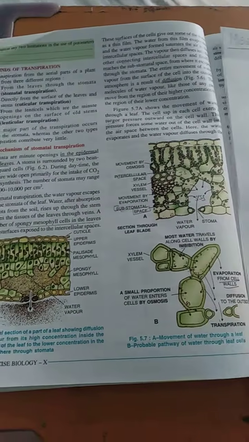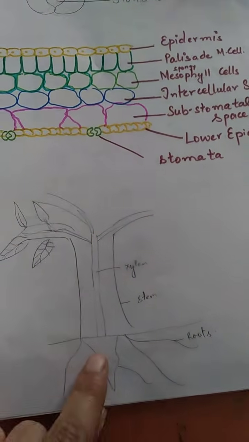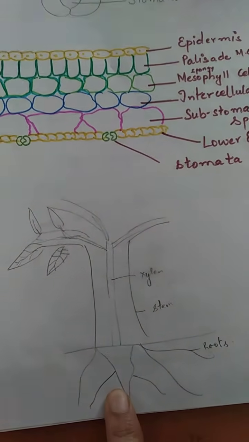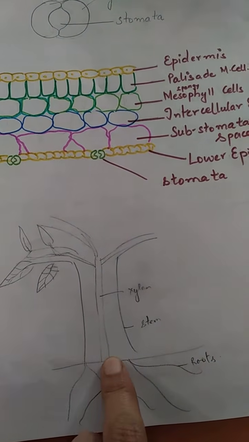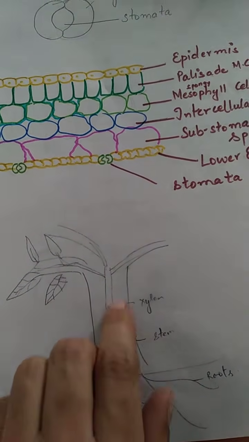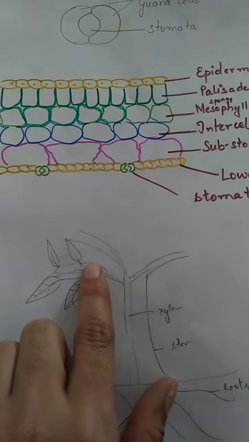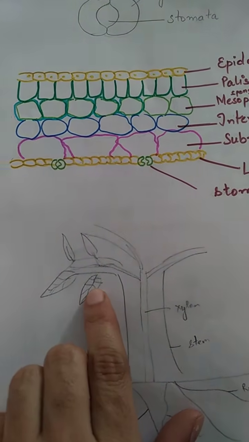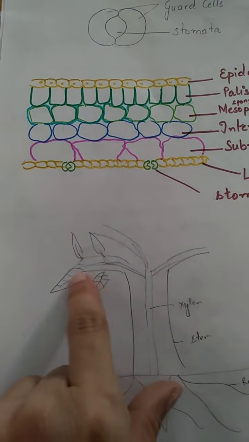This is here in the book on page number 56. As we know, from the roots a plant absorbs water from the soil. When the roots absorb it, they give it to the xylem vessels present inside the shoot of the plant. From here it goes to the different branches. I've made a rough diagram here, and from branches we have these kind of veins in the leaves which distribute this water transported by the xylem to all parts of a leaf.